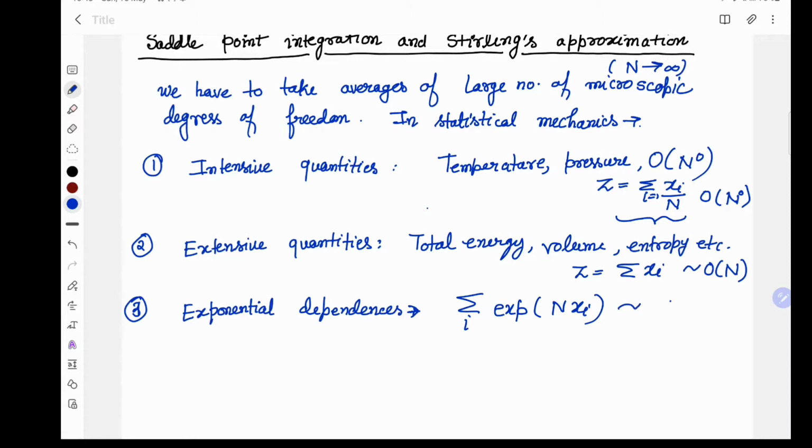So they have order exponential n phi type of dependence. Phi is, let's say, xi in our case. So in this tutorial we will see how to sum this, and how this can be simplified